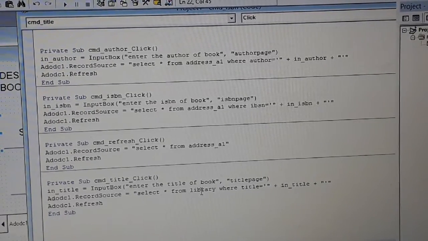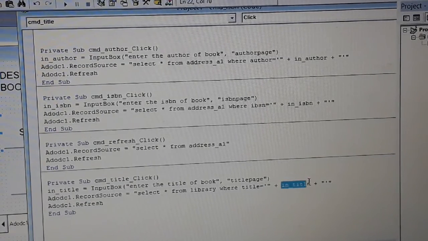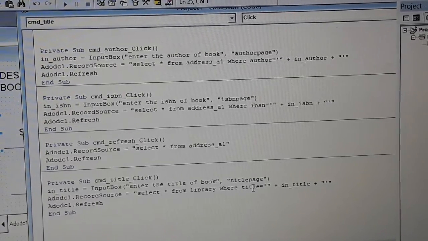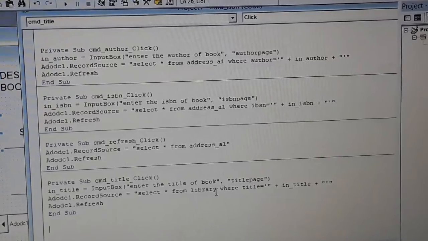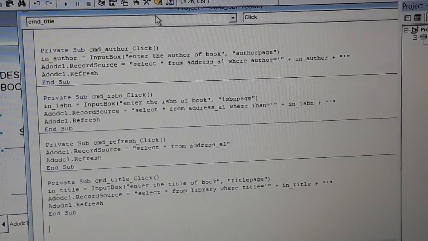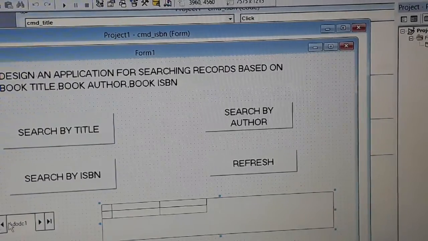Select star from library where title is equal to the title the user gives. If the title present in the library table is equal to the title given by the user, then select that particular row. Once you select it, that will be stored in ADODC. I have given the record source for the data grid as ADODC, so that will be displayed here.